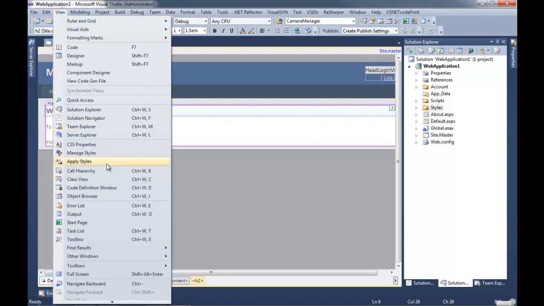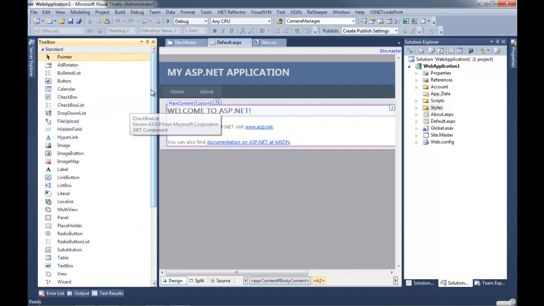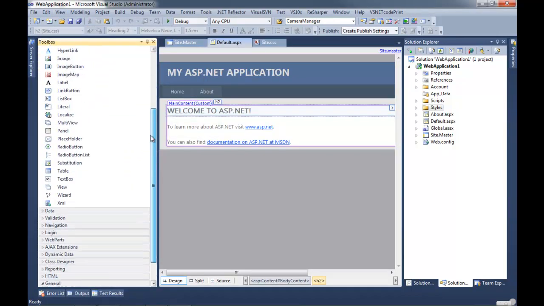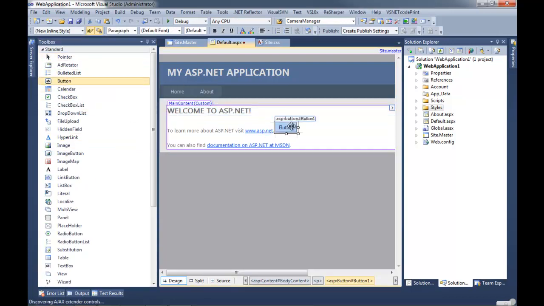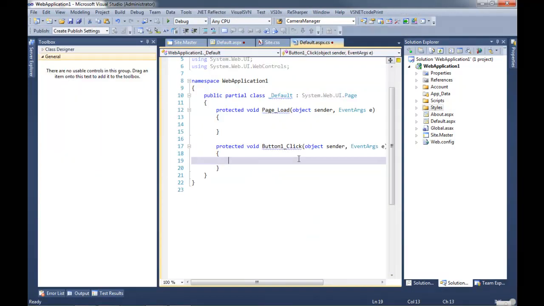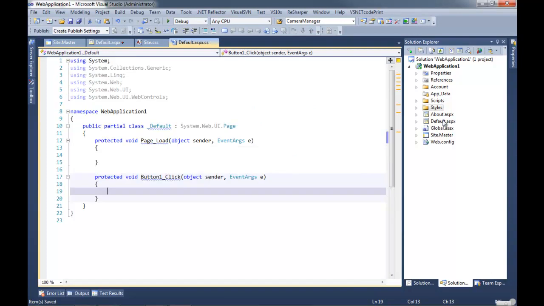So let's show some Web Forms, and to do that we need our toolbox. I don't know why that was hidden. Probably because I never use it, because it's only used in designers. So now we have all these buttons and controls, and we can drag and drop just like WinForms. And then we can do something cool. We can double click, and whoa, what just happened? It went right into code.